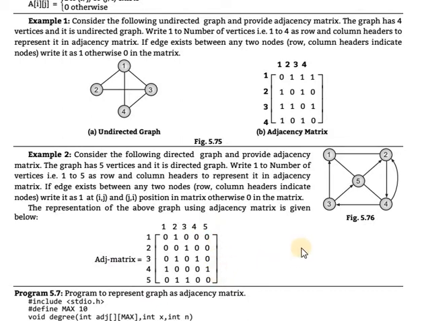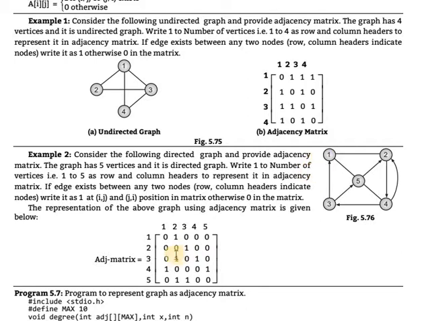This point is important because in board exams, questions are asked to write the adjacency matrix and adjacency list. So this point is important. First create 1 2 3 4 5 according to how many vertices there are, again 1 2 3 4 5, as rows and columns. 1 to 1, no, 0. 1 to 2 present, so write 1. 1 to 3, no, 3 to 1 is there because it is directed, so write 0.